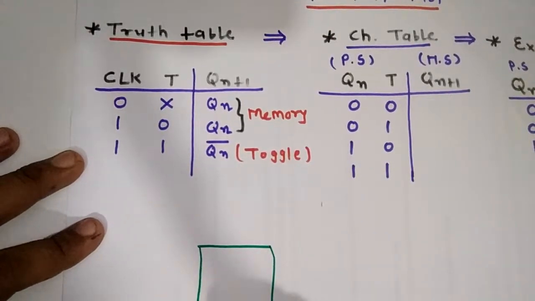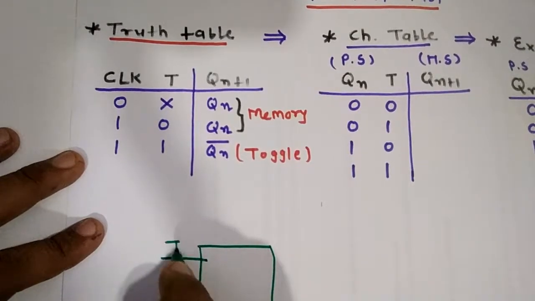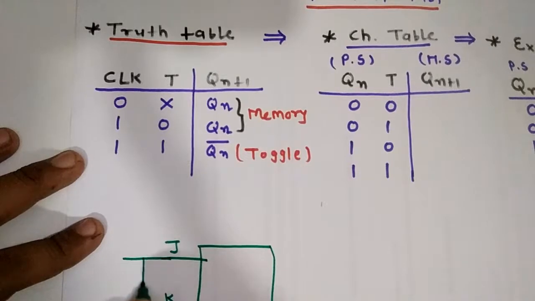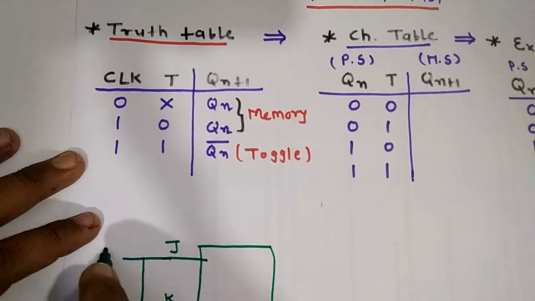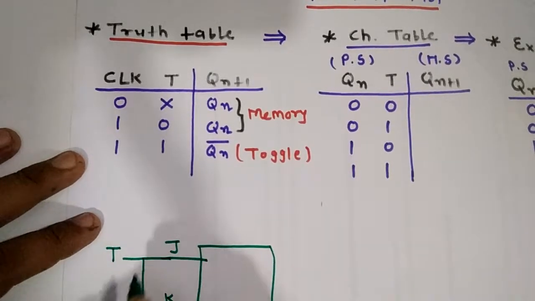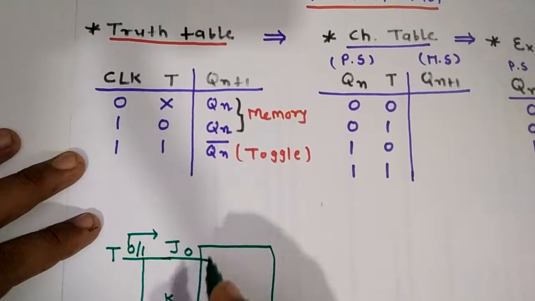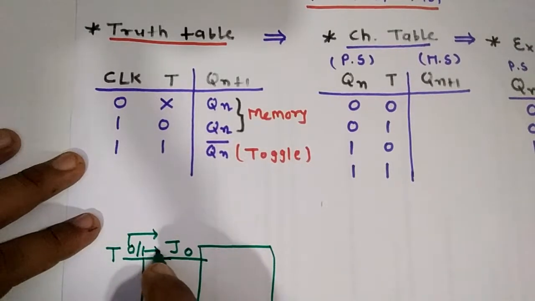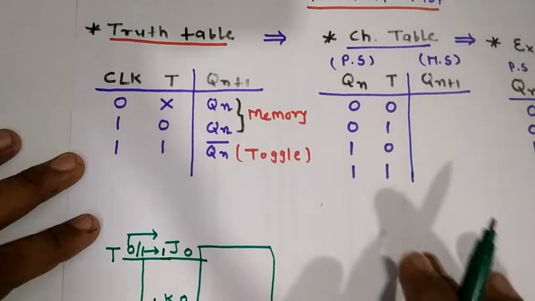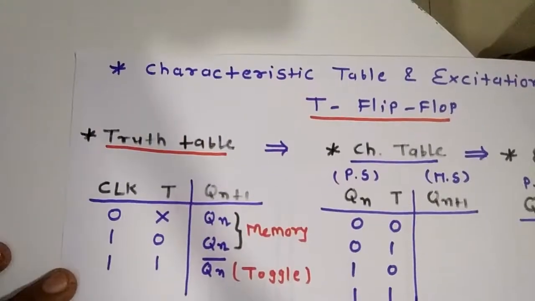In the JK flip-flop, if inputs J and K are both shorted and we provide one input T, then T is equal to either 0 or 1. If T input is 0, then J is equal to 0 and K is equal to 0. If T input is 1, then J is equal to 1 and K is equal to 1. So the truth table of T flip-flop is,